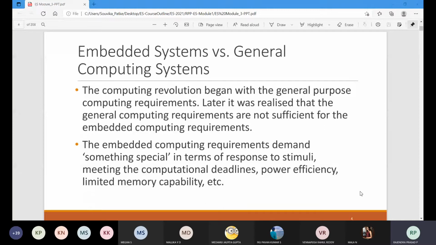Now, whenever I connect my mobile phone's internet to the device, if I continuously use that for a period of time, my device will get damaged. Right, my mobile phone also will get damaged. My laptop also will get damaged. So here, a particular application is for a particular type of work.